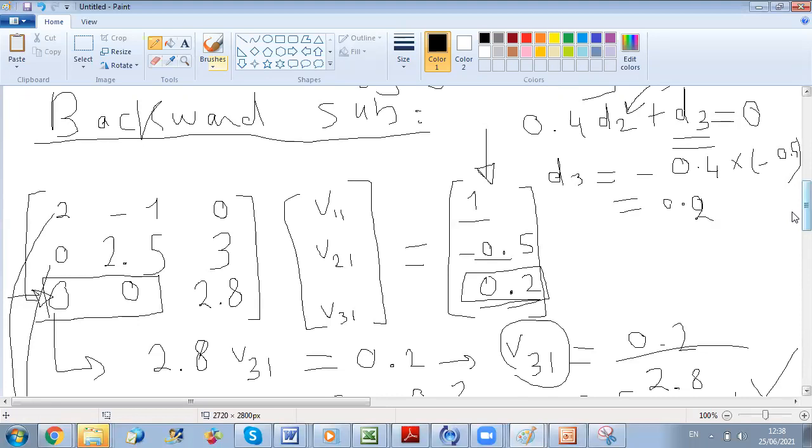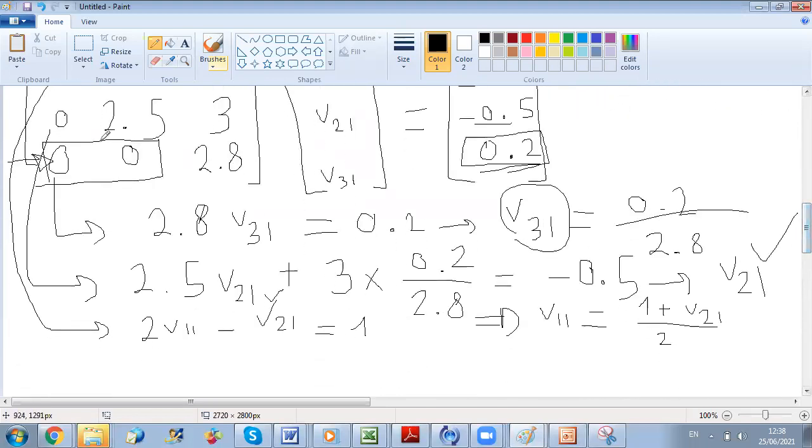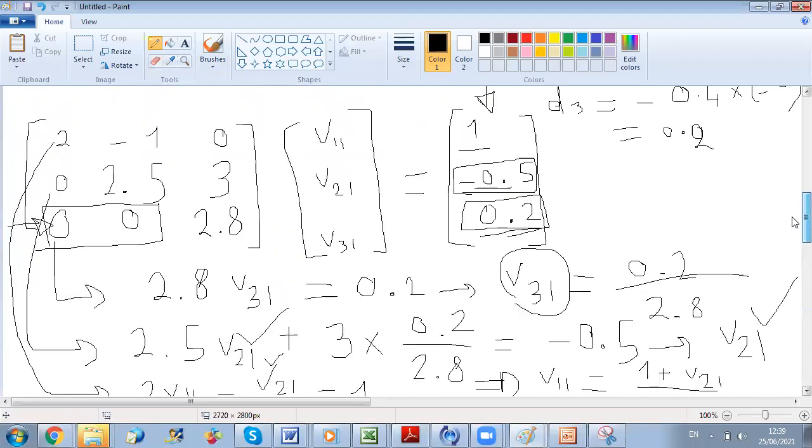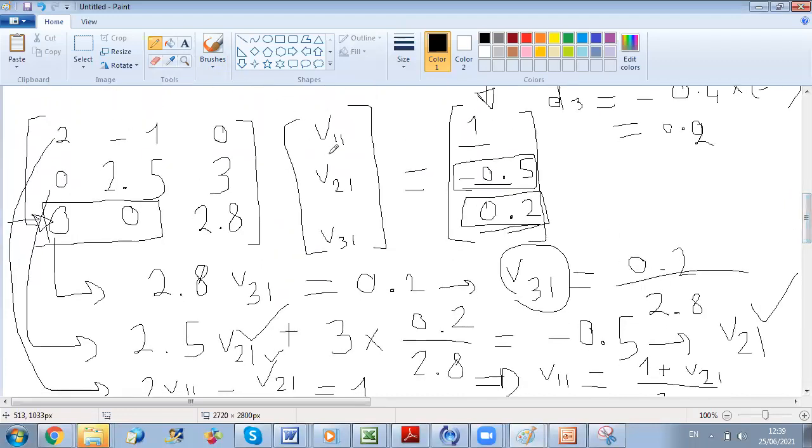I will now proceed to the second equation. I get 0 times v11 plus 2.5 times v21 plus 3 times v31 equals the second element of D, which is -0.5. So I can get v21. And finally, I move to the first equation. For the first equation, I have 2 v11 minus v21 plus 0 v